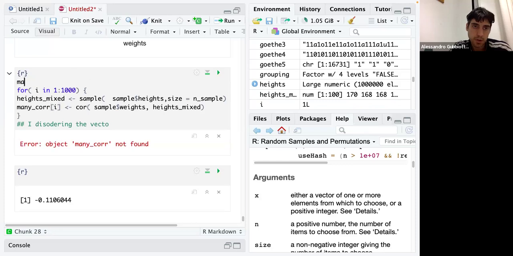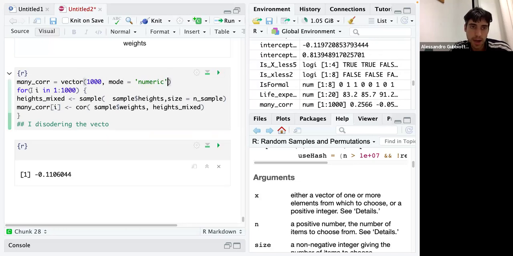So many rho is equal to a vector of length 1000 components, where the mode is numeric. Okay, this is not a way in which you code in R because you don't use for cycles, but